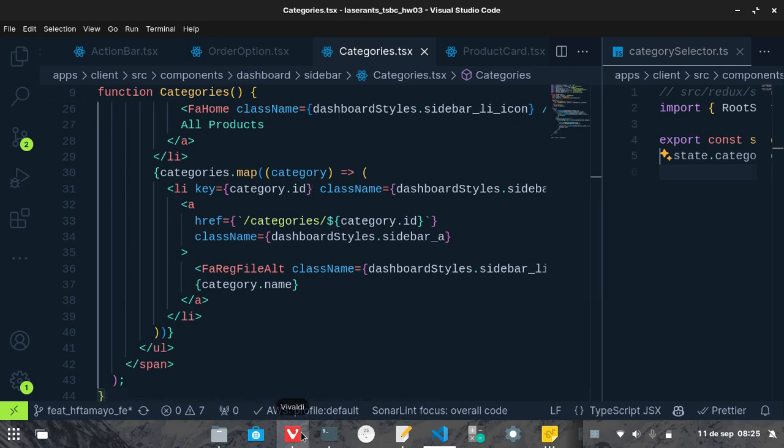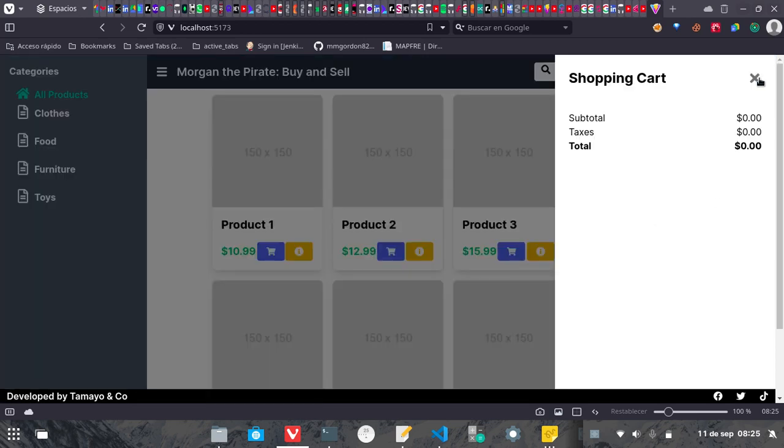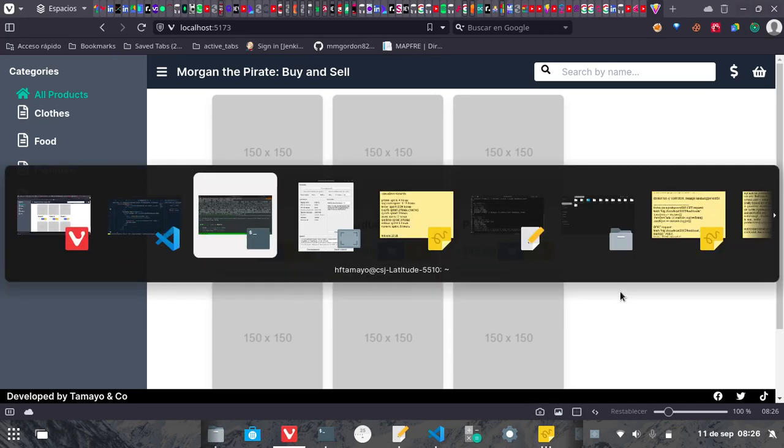So in the next video, we will check if we are getting the data and also filtering, and after that we will try to add something to the shopping cart. We will break some business rules,